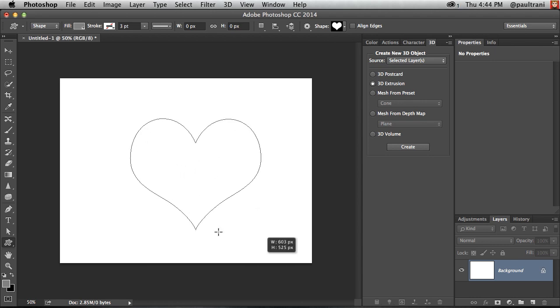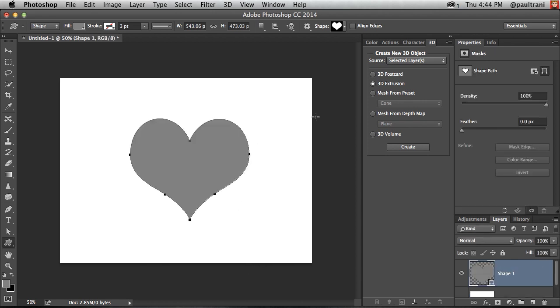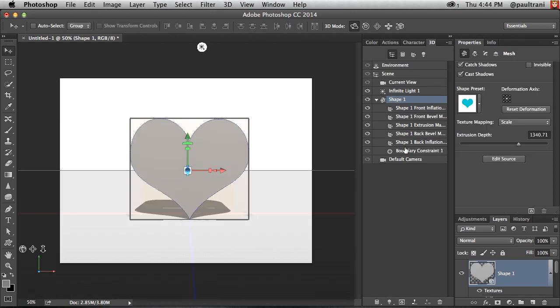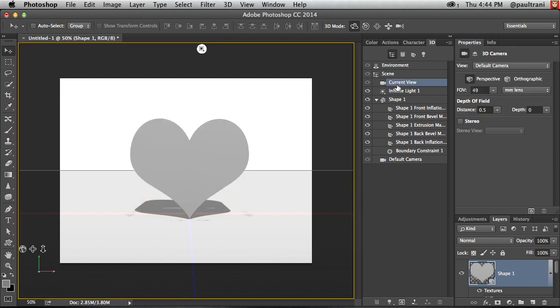Just to keep this simple, here's the heart that I'm creating. Could be any shape, and now you can extrude it. Okay, so that's pretty straightforward, but what I'm going to do is I'm going to punch a hole in this, make it transparent or hollow. But let's see what we did here, because first off, you can see that I can select the current view,